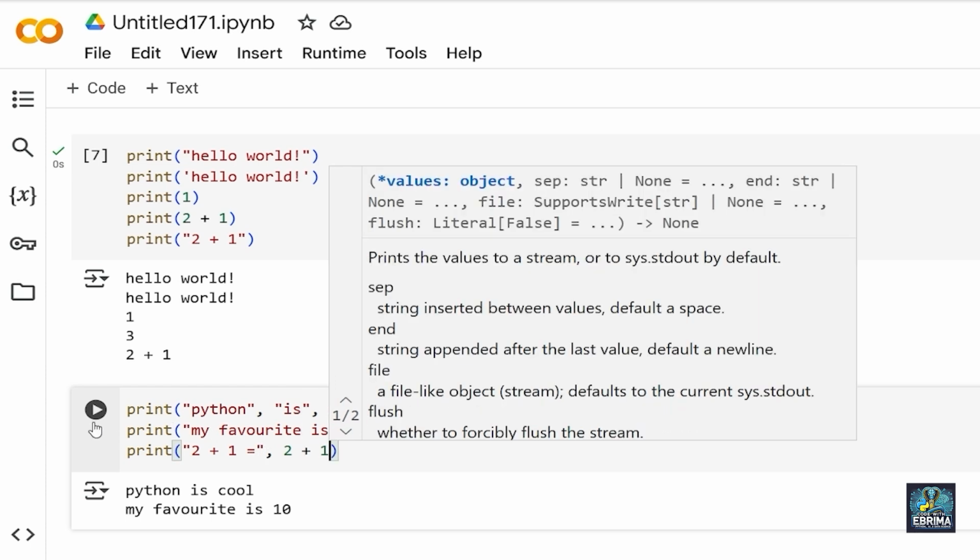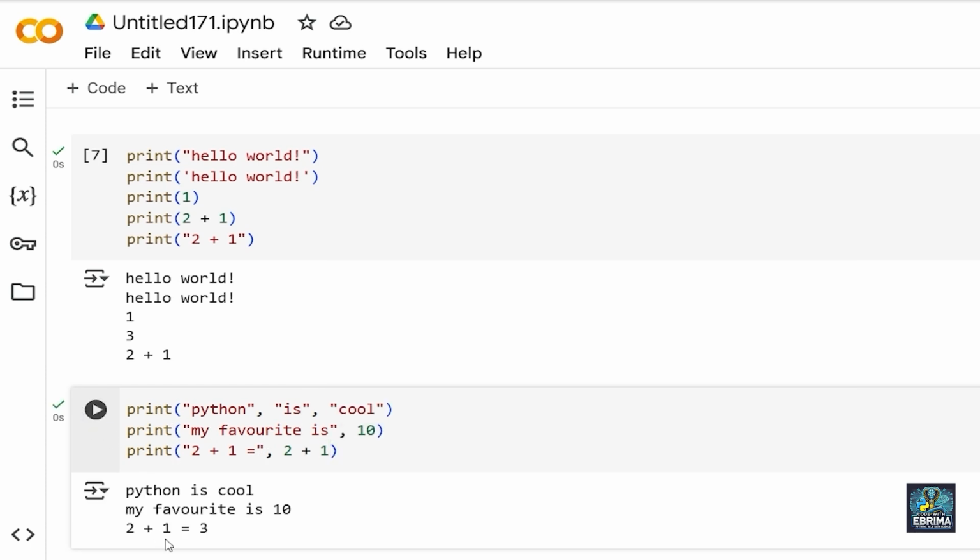Let me load this, and you can see 2 plus 1 is equal to 3. Remember, for numbers, whatever you put inside of the quotes is exactly what is outputted. We said that earlier. Now we put a comma, and we added 2 plus 1 to make it 3. So you can see how beautiful this is.